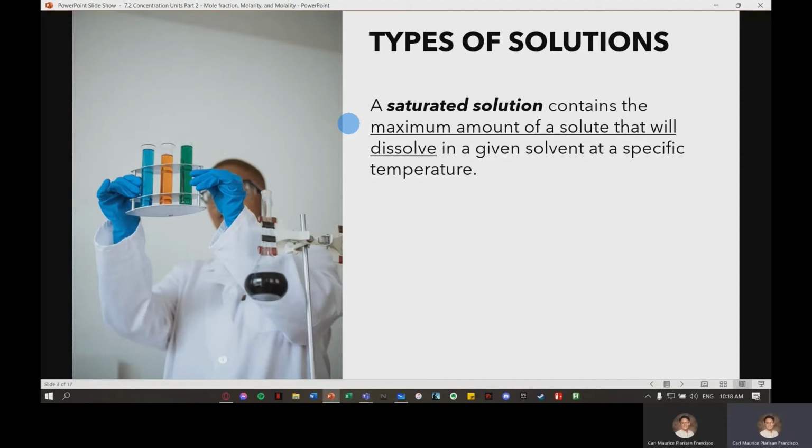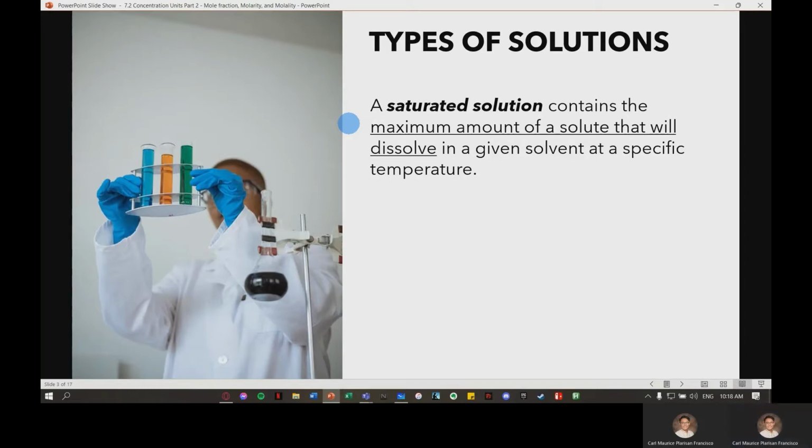Take note of the word that is highlighted with an underline, that is that a saturated solution must contain a maximum amount of solute that will dissolve. Say, for example, a certain solvent has a maximum amount to dissolve for a solute being 5 grams. So that is the maximum. Now, a solution will be saturated if and only if the amount of solute is also 5 grams, thus attaining